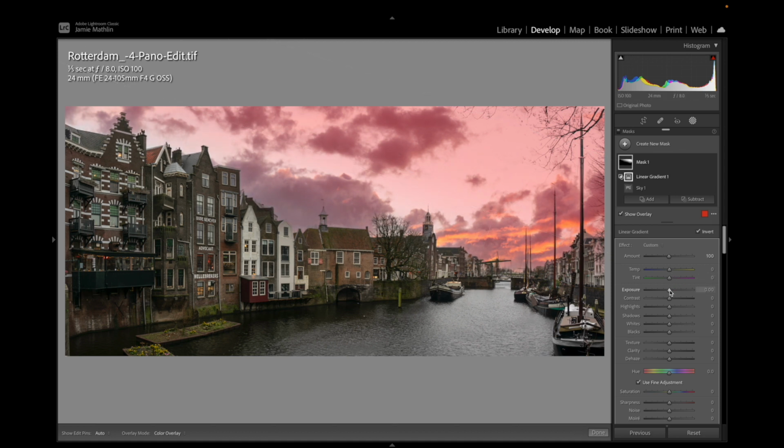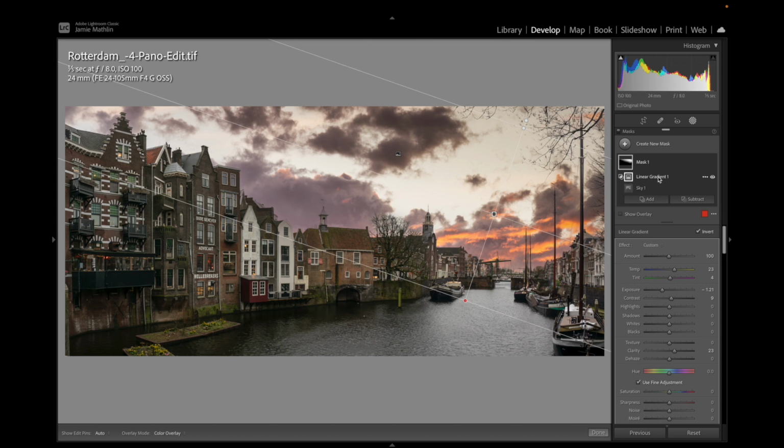And then once that's in place, I'm going to darken that image a little bit more. So I'm going to bring up a bit more of the orange, not too much. There we go, and just a little bit of contrast and clarity, just to boost that sky a little bit. Okay,